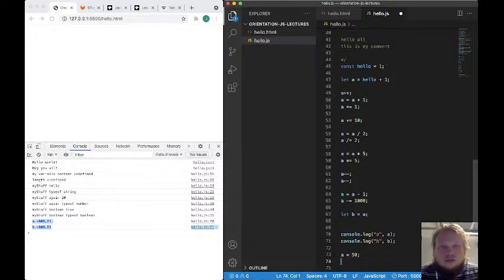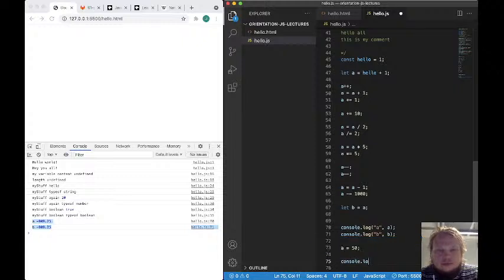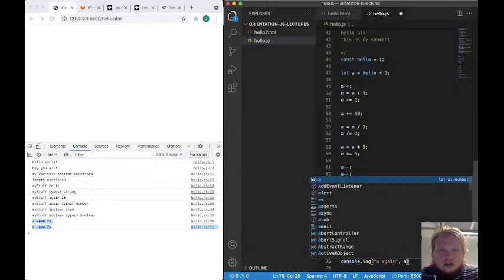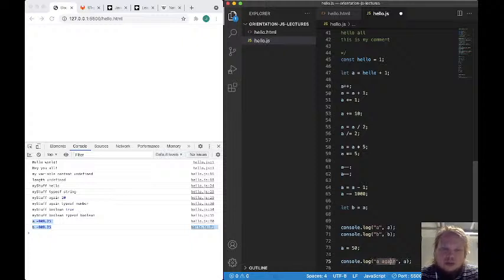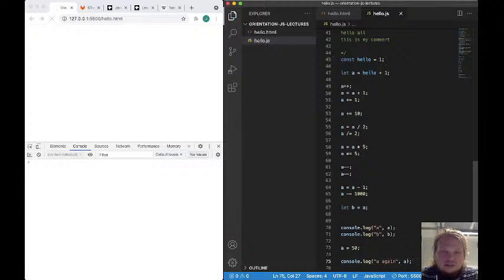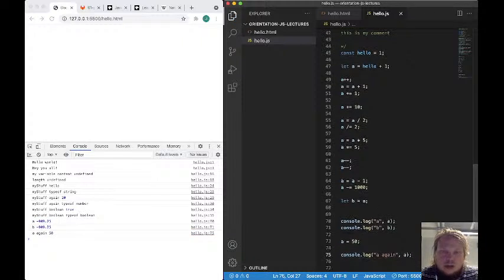And now, if I console log a here, notice how I decided to use a different string here, so I can know which one is the first console log and which is the second console log for the same variable. So if I save this, you would see, so now a is 50,